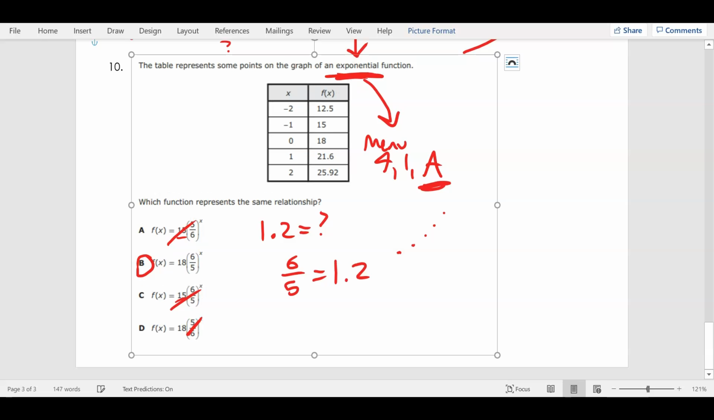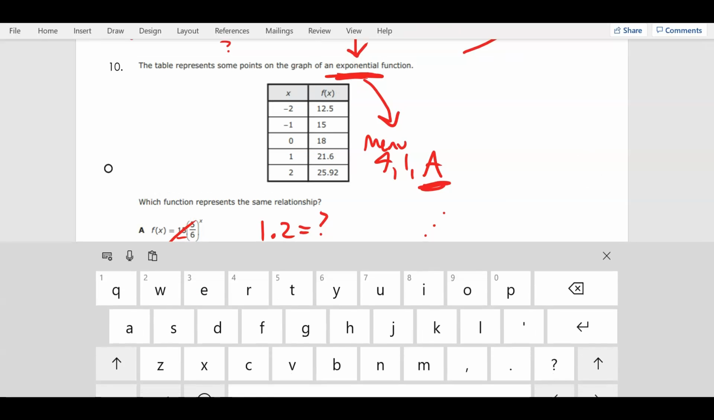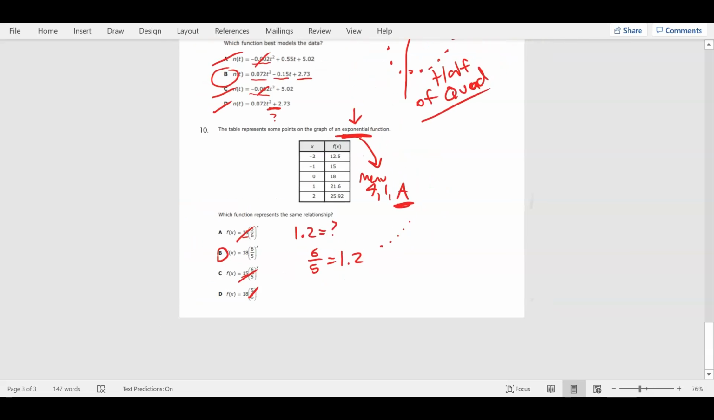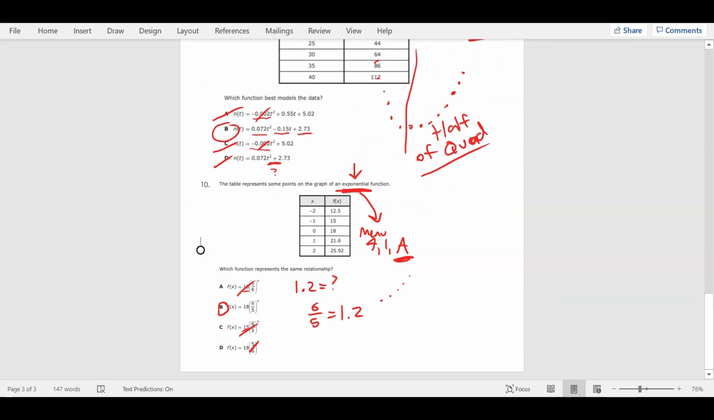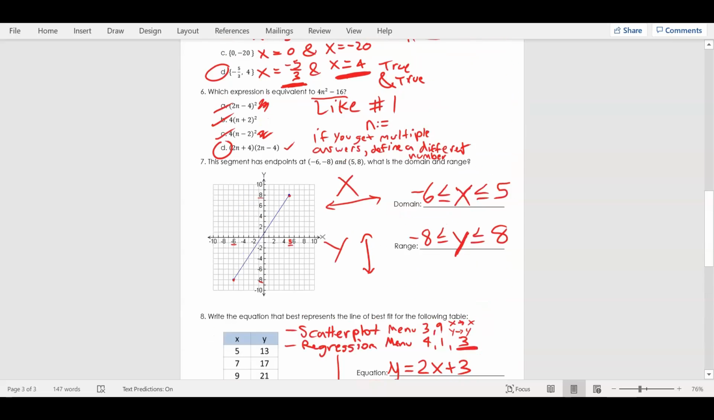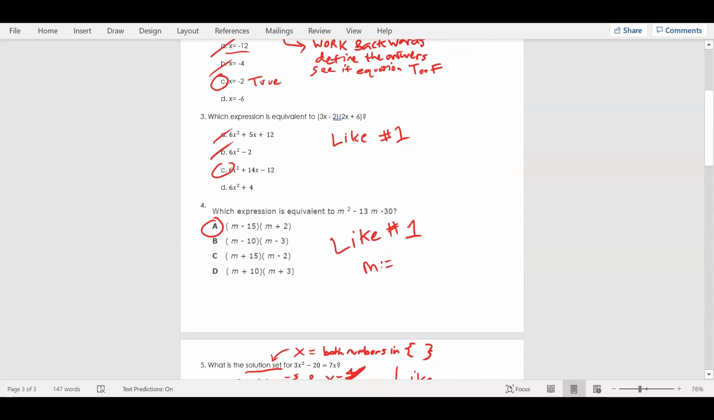Cool. So that's it for our review. You got to know how to find equivalent expressions. You got to be able to do scatter plots and regressions. Don't forget the regressions. All right. Oh yeah, and domain